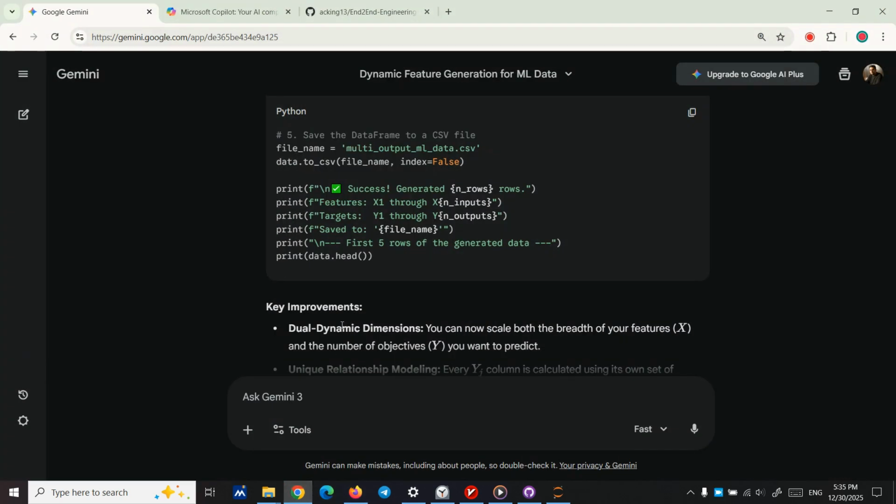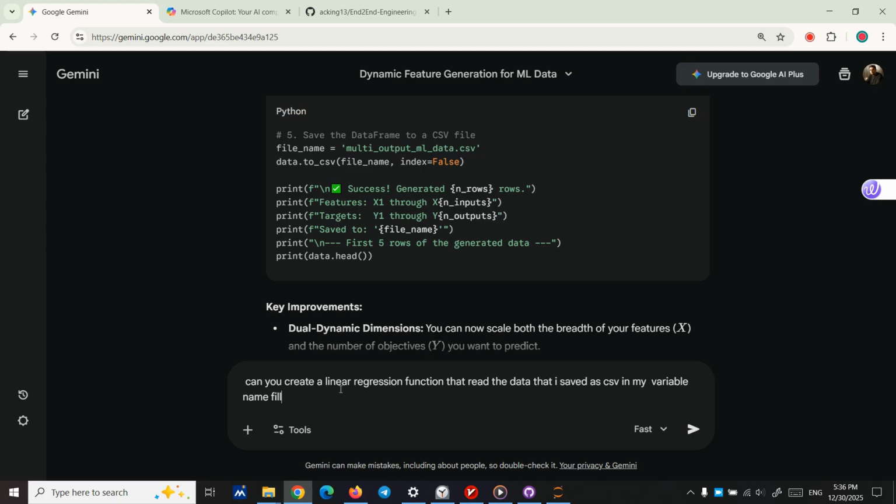So I'm going to ask: can you create a linear regression function that reads the data from the data that I saved as a CSV in my file, in my variable named data file,